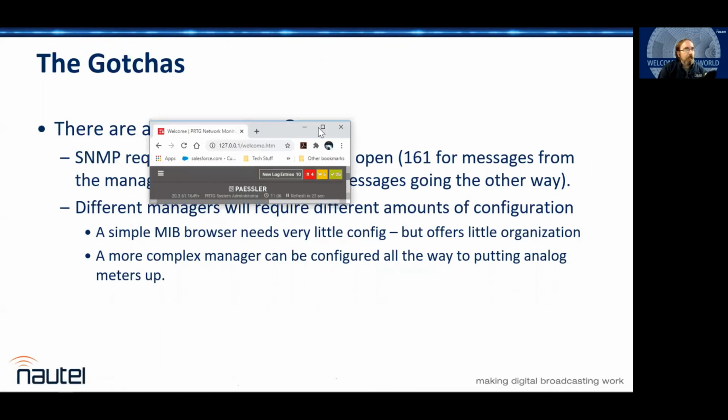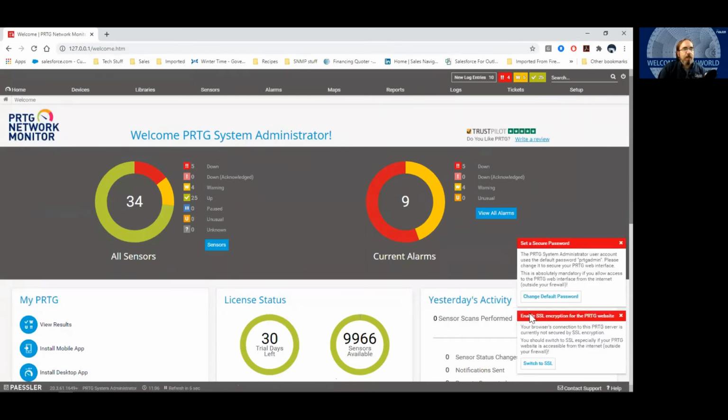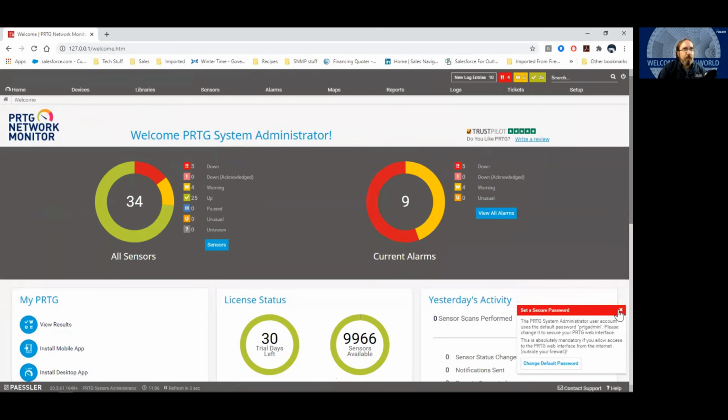As you play with this stuff in there, you get the notifications about security too, like with PRTG, to tell me that, well, I can't send email because I've got that blocked. But it should have secure socket layer encryption and a secure password. Somebody who may or may not look like your friendly neighborhood Nautel rep just left the default password plugged in. So